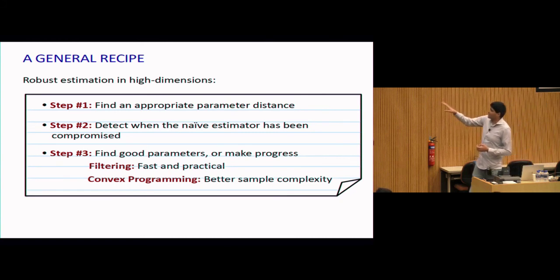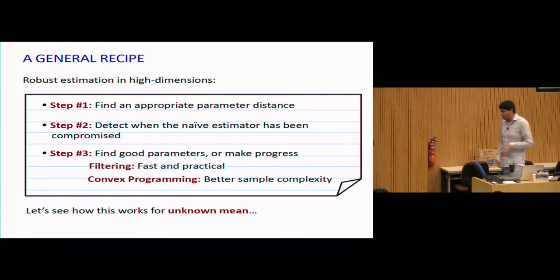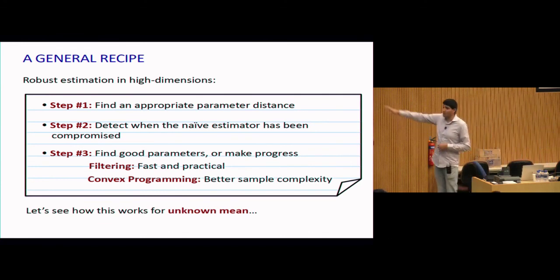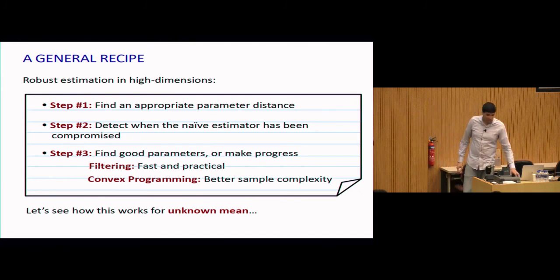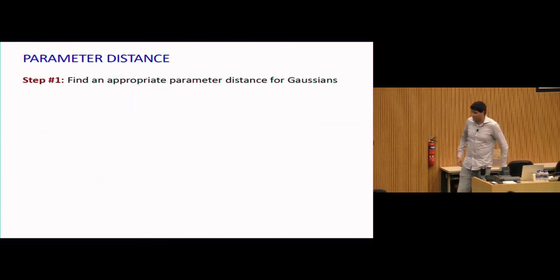And that's the key step. We're either going to be able to find good parameters by this naive estimator, or we're going to be able to purify our data set by removing a lot of the corruptions that the adversary has added in order to mess up our moments. So let me explain how this recipe works, even in the simple case of just the unknown mean, where the covariance is the identity. Now, all of these steps turn out to be quite formulaic, other than this question about how to detect when an estimator is compromised. That's the main step.